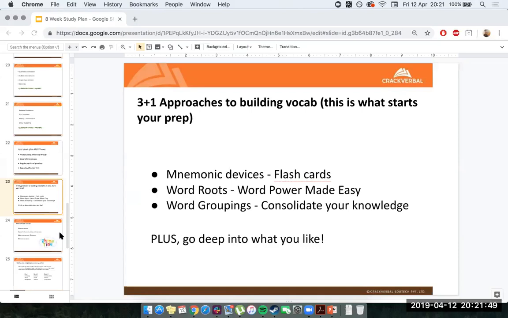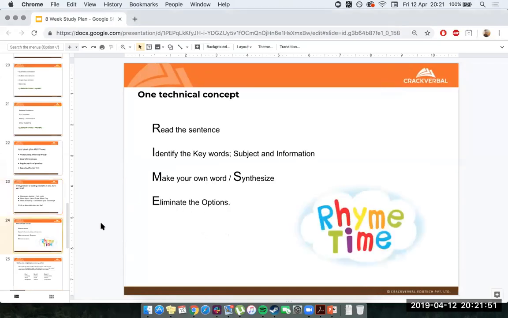The next thing that you want to do is make sure that you understand the concepts. The good news is that on the GRE, you're not trying to become a verbal scholar. You're not trying to become an English scholar who knows everything. All you're trying to do is learn specific concepts to help you answer specific questions. You just need to understand the kinds of concepts that you need to know, and what you need to do to get to that point.